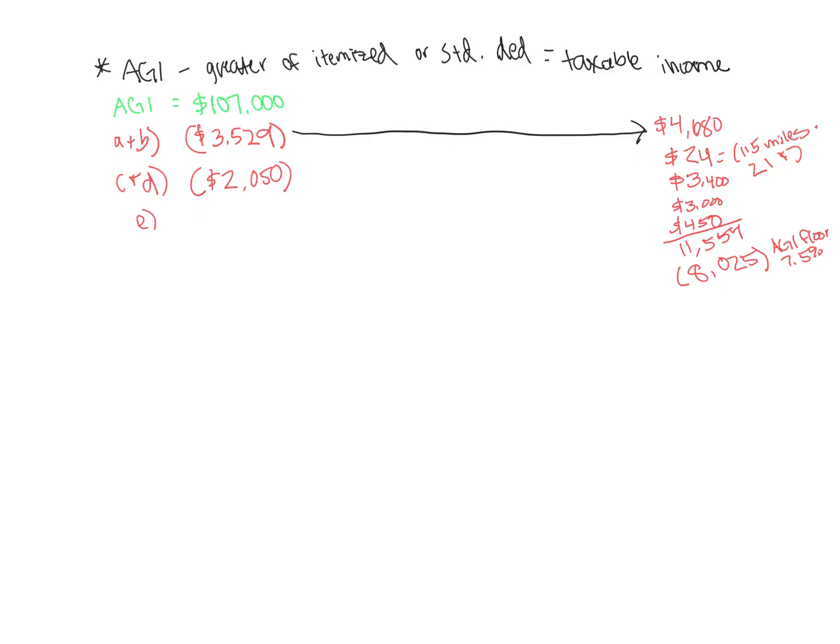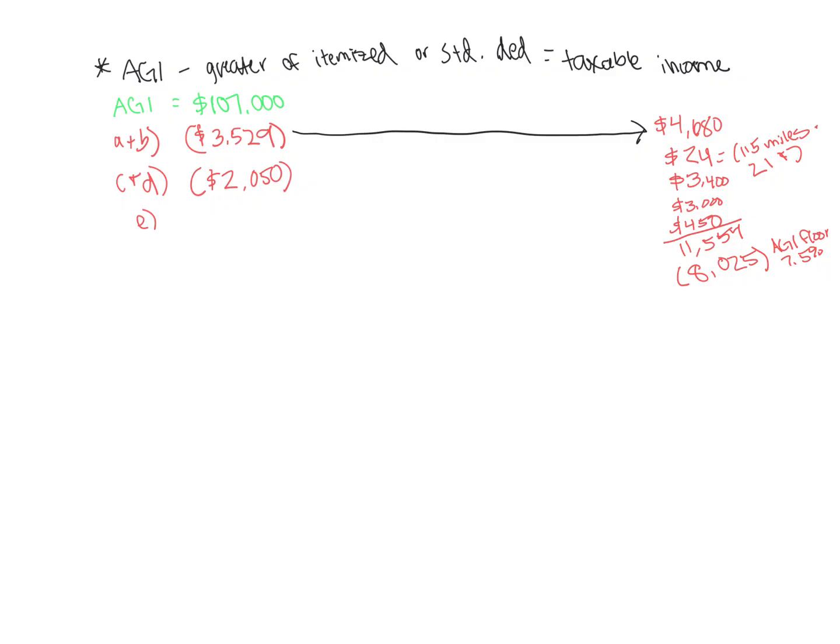letter E says, Shauna paid $3,200 of property taxes on her personal residence. She also paid $500 to the developer of her subdivision because he had to replace the sidewalk in certain areas